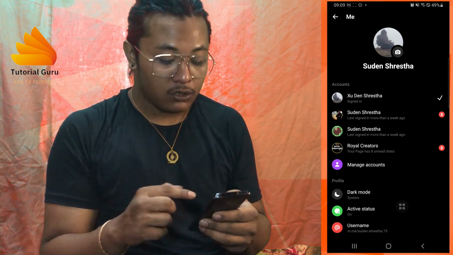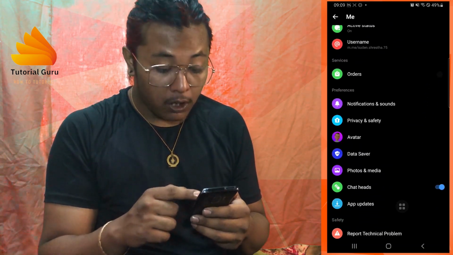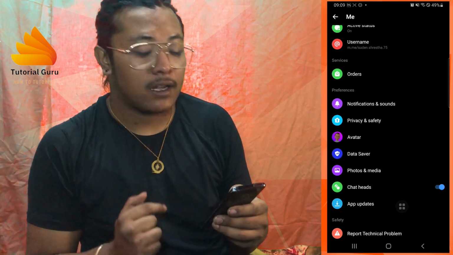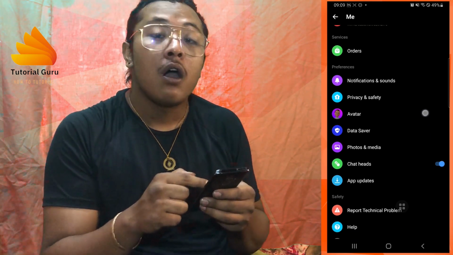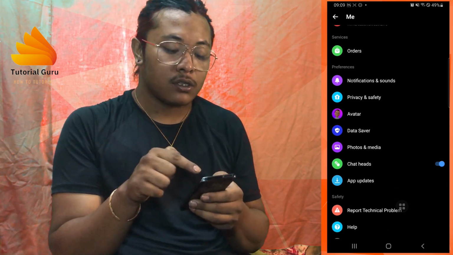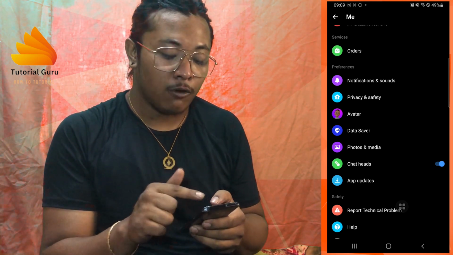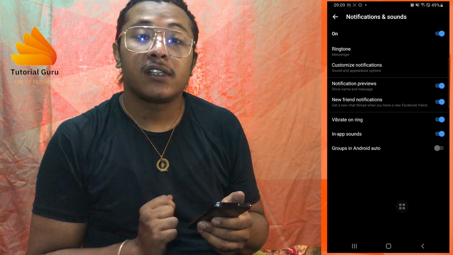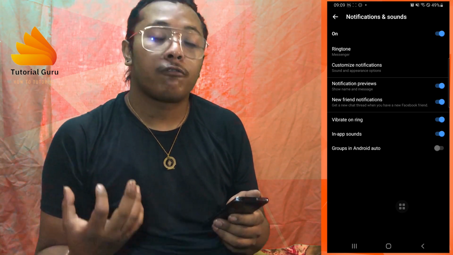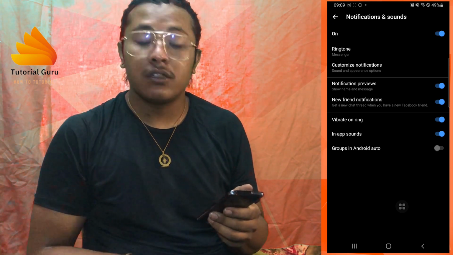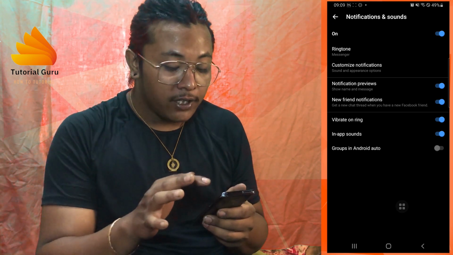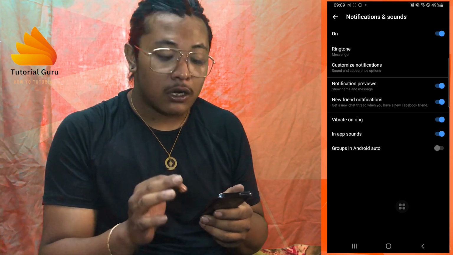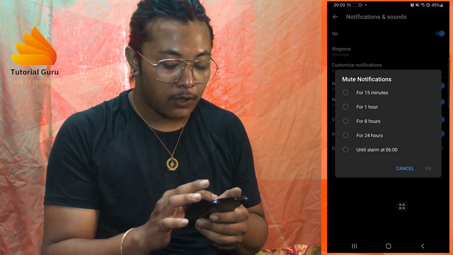and over here, scroll down until you spot the notifications and sounds on your Messenger app. You can see there is the notifications and sound on my phone. Let's tap on the notifications and sounds, and over here, these are the sound settings of your Messenger app directly. So over here, if any of these toggle icons are turned off like this, if you can see,